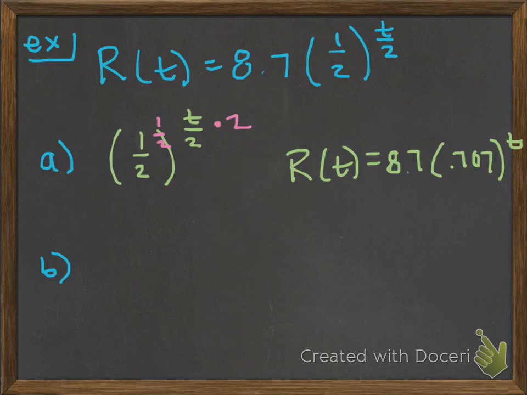Letter B says, by what percentage is the amount of radioactivity going down each day? Essentially they want to know what the percent was. Whenever we're doing these exponential formulas, it's always 1 plus your rate value or 1 minus your rate value. So if I wanted to figure out what percent was there, we would do 1 minus 0.707. When I subtract this, I get 0.293. So this means it went down by